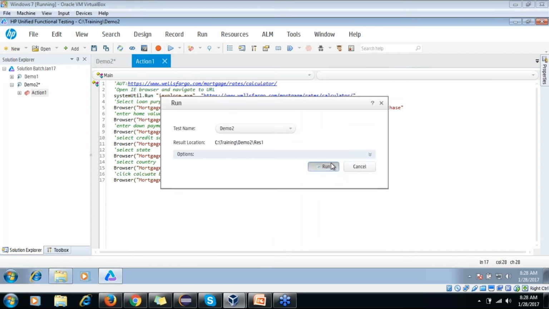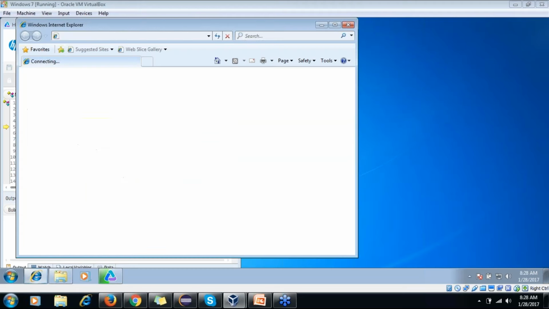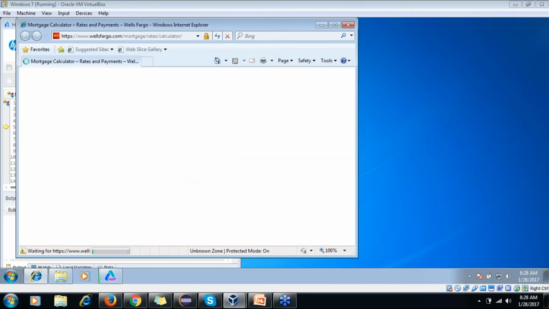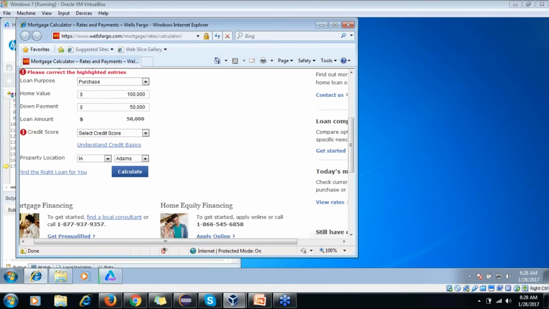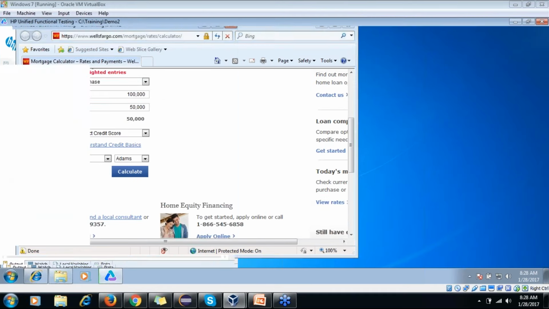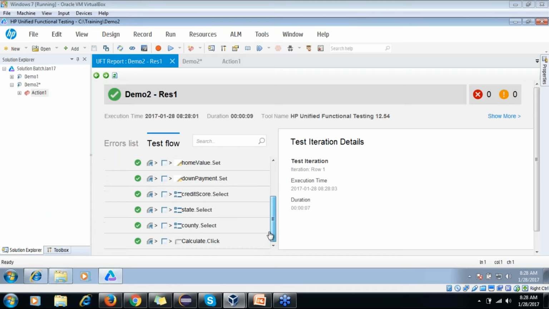If I run this, it opened this application. There is no error in the script, so that's why it is saying it passed.